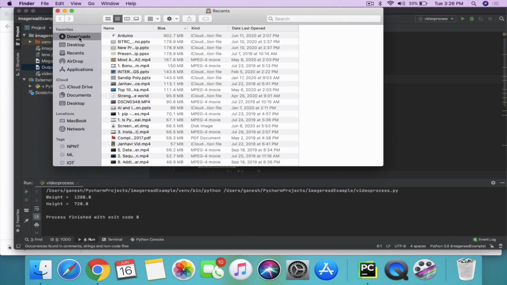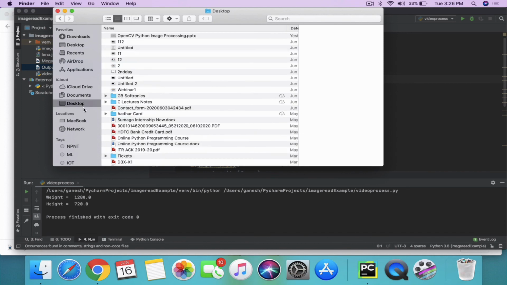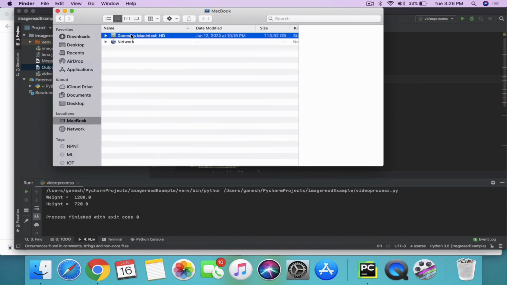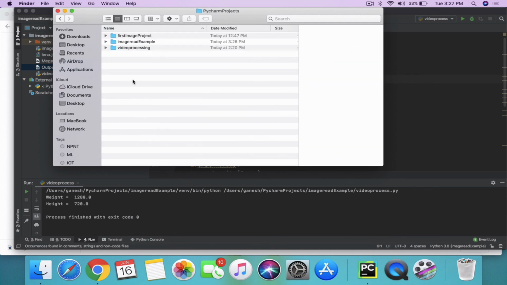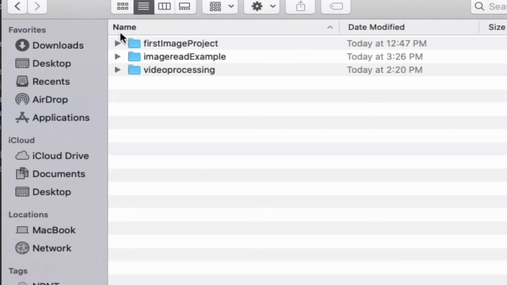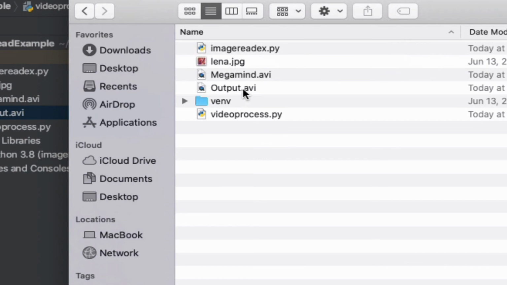To check the output, you just need to go to the project folder, which is stored in PyCharm projects, in the first read example.